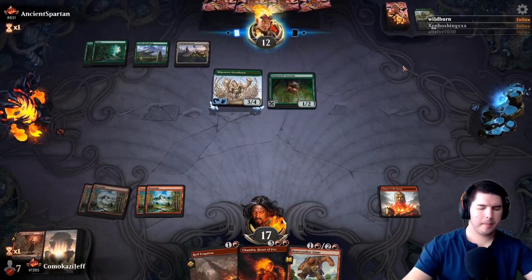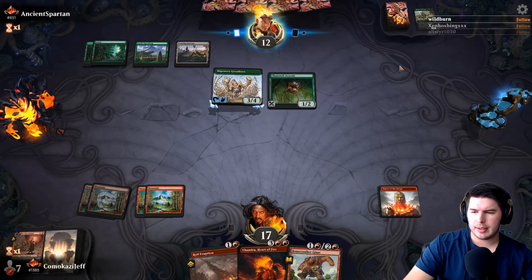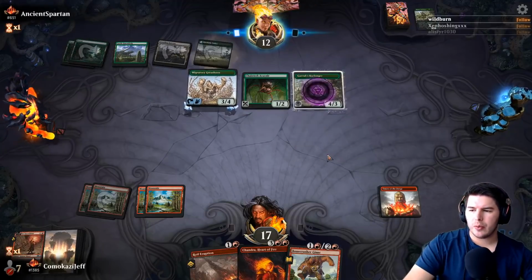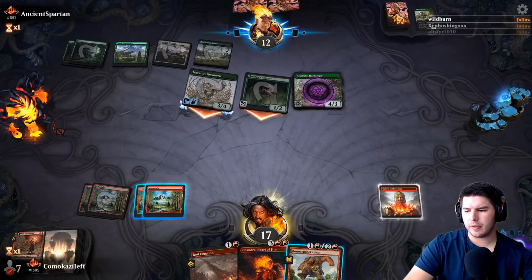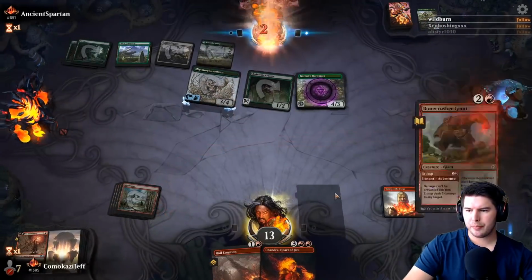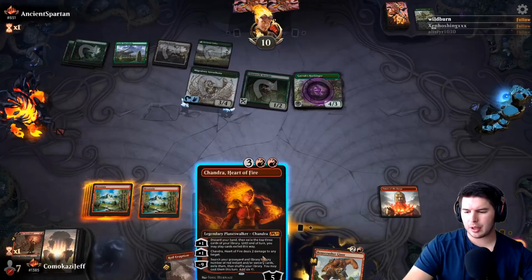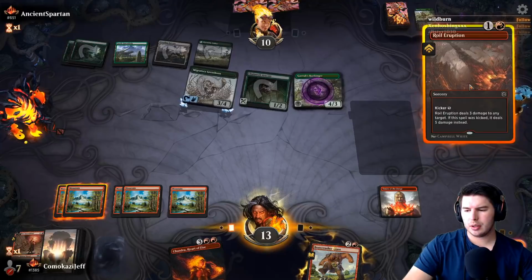Hold up Stompy. Down to 12. Harbinger number 2. The card draw is annoying. We may have to kill that with Eruption. Swings in for 4. Down to 13. Stomp the face. Land. Chandra. Actually, let's do that on the next turn, in case we hit another land. Let's go...